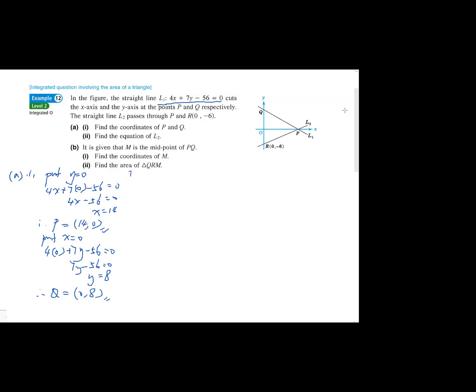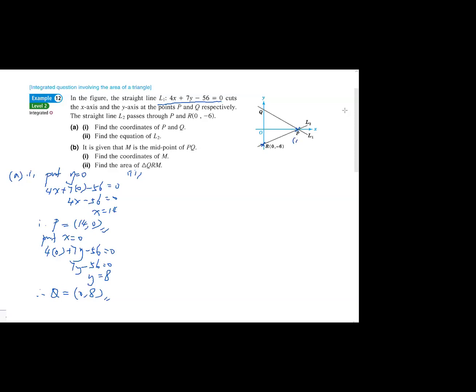Okay? And then part A2, find the equation of L2. Equation of L2. So what information do we have about L2? Is that we have a point P. Point P is a point on L2, and we also have point R. Point R. Okay? Is a point on L2, but we have already found the coordinates of point P to